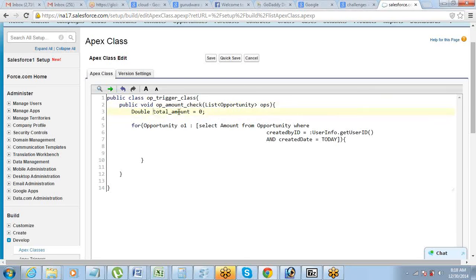Okay, so this is a variable that I've defined in which I will sum up all the opportunities. So I'll say total amount plus equals O1.amount. Okay, which means total amount equals total amount plus O1.amount, right?